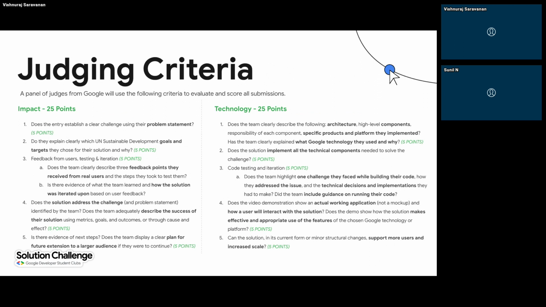So you are going to show them what kind of metrics you follow or goals and outcomes throughout the journey of the problem statement, and you're going to track those metrics, or otherwise you can elaborate using a cause and effect model. Okay, so next thing is